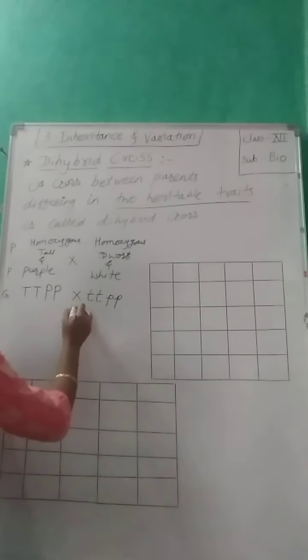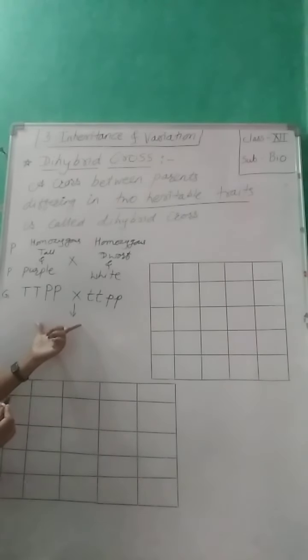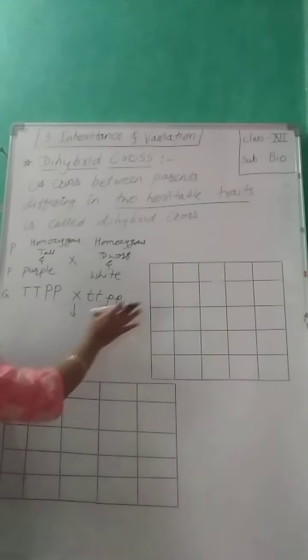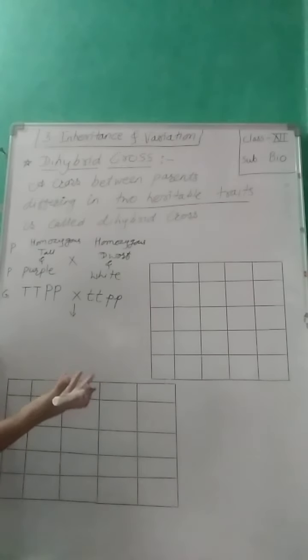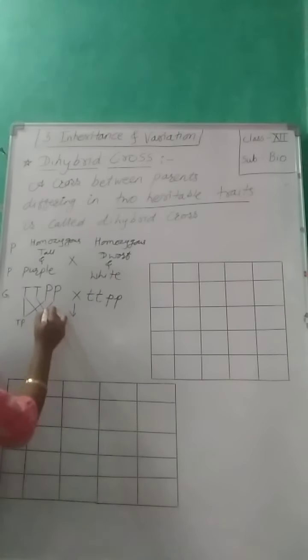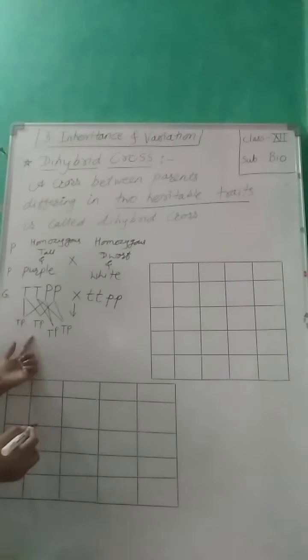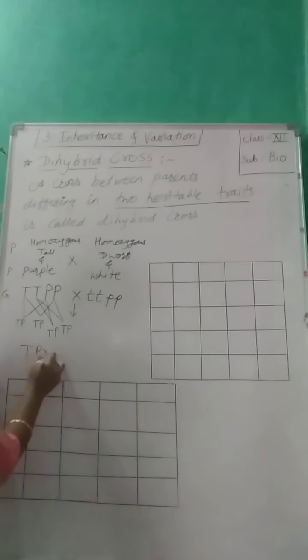So we will do the crossing, and what we will get from this, if we will do the cross. Which type of cross we will get? We have to write down the genotypes in the Punnett square also. Okay, so if we will cross this T with P, we will get TP. Again this T with this P, again we will get TP. This P will cross with this, so again TP, and this P will cross with this, so TP. Means overall 1, 2, 3, 4. So 4 TPs are there. So we can write down directly TP into 4.